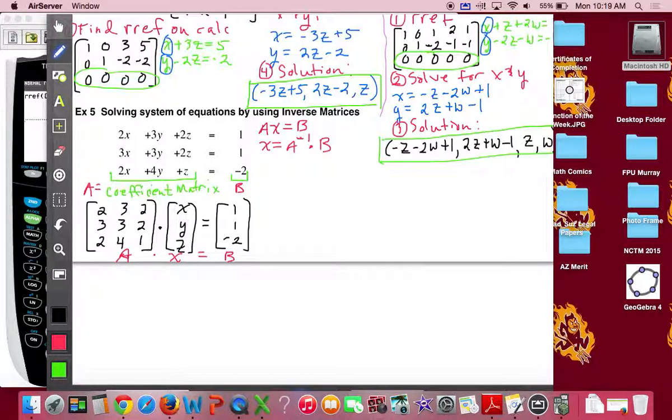But on your calculator, this is how you're going to calculate it. You're going to take,